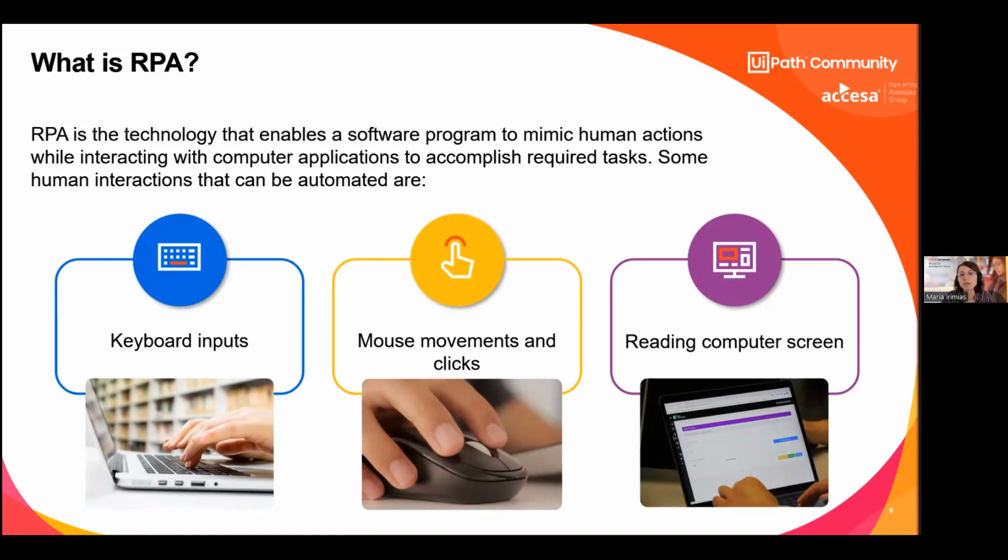Simply put, RPA, or Robotic Process Automation, is the technology that enables computer software to emulate and integrate actions typically performed by humans interacting with digital systems. Actually, it just aims at automating what a human can do with their hands and eyes. So if you can do it as a human, also RPA can do it. It's not the easiest thing all the time, but it's what RPA is built for, and it can be achieved.